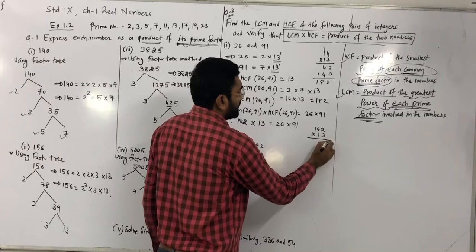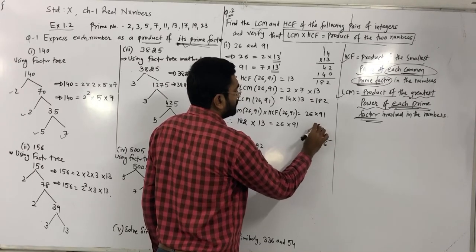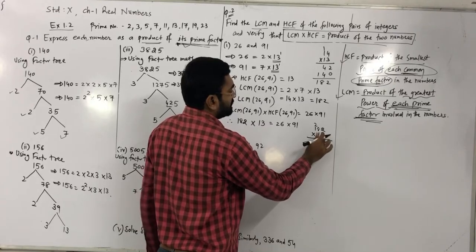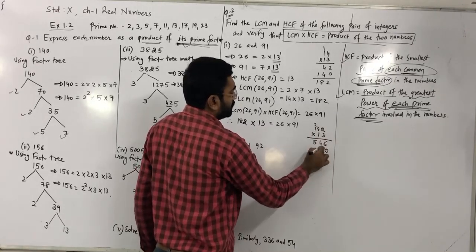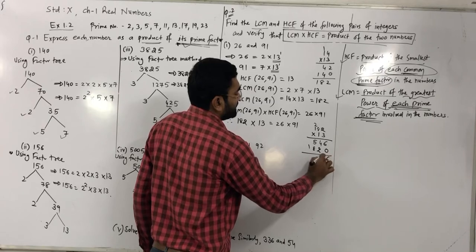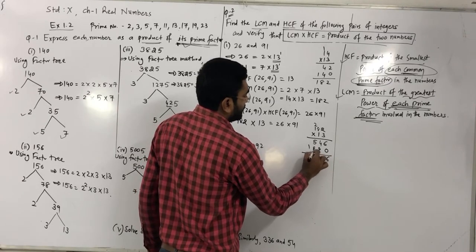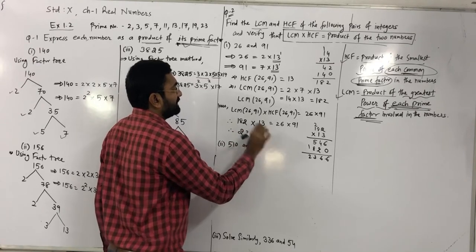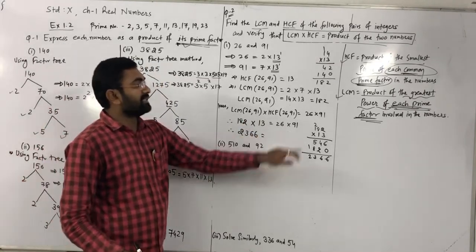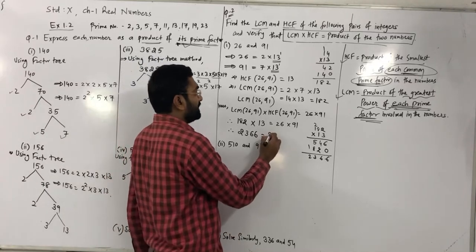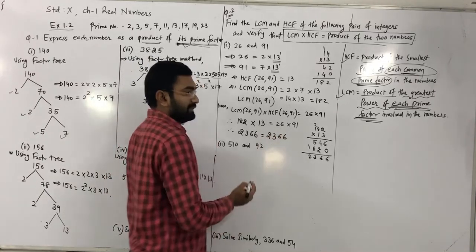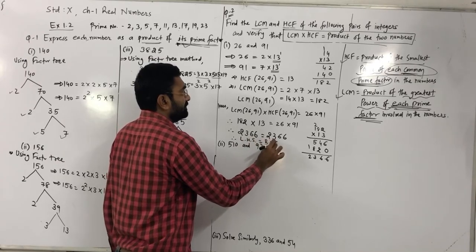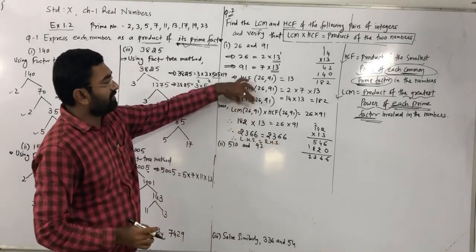So we get 3 2s are 6, 4 2 is 8, 2 5s are 10, 2 4s are 8, and so on. So we get 2, 3, 6, 6. On the right hand side, 26 is multiplied with 91, so again you get 2, 3, 6, 6. So it means left hand side is equal to right hand side. So that way we can say it is verified.